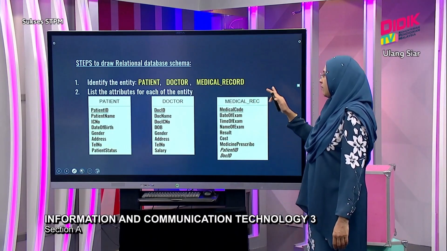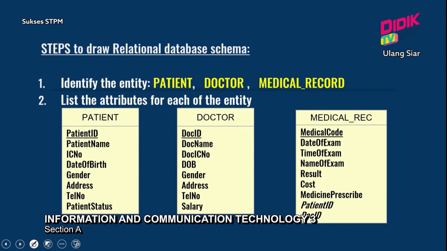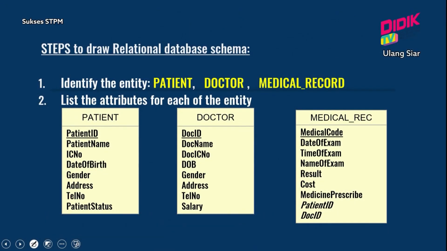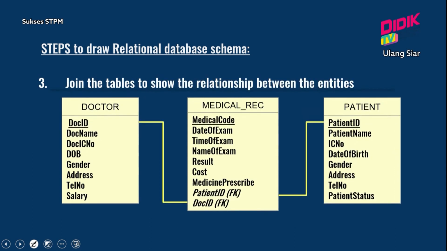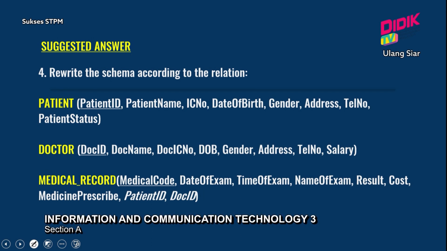Okay, first identify the entity. So in this question, they say patient, doctor, and medical report are the entity. Then okay, you list out all the attributes. So at least 3 to 4 attributes for each entity. Then you link the primary key with the foreign key. Okay, and then you have already connected all the 3 relation here. And then from the relation that you have done here, just copy back in relational schema, and then you write